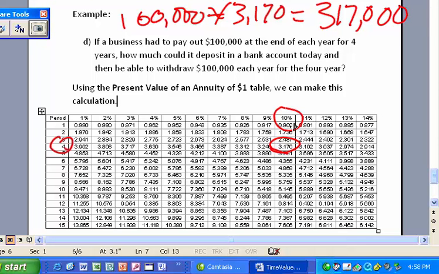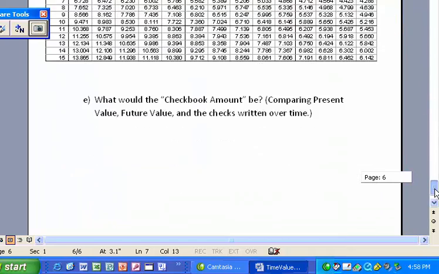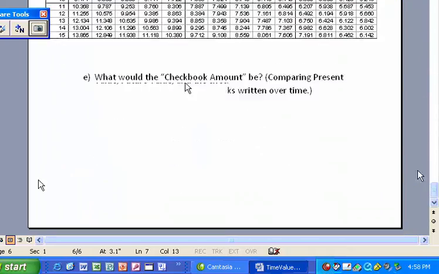So if we deposit $317,000 into a bank account today, then what we can do is pull out $100,000 every year for 4 years, and the amount of money that's in there, whatever's left over, will be gaining interest. Alrighty, if we move down just to the last part here, then I always like to point out to students